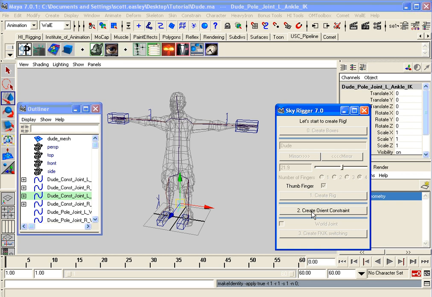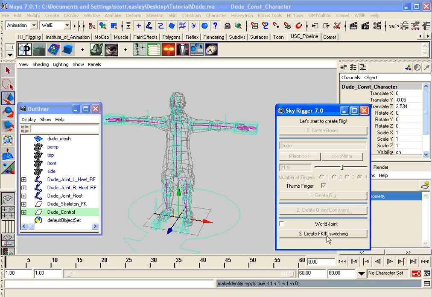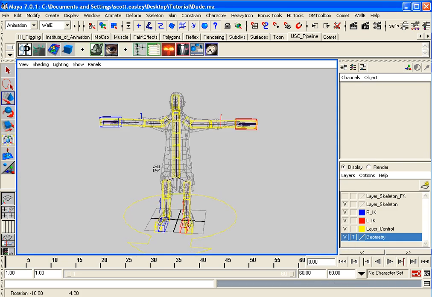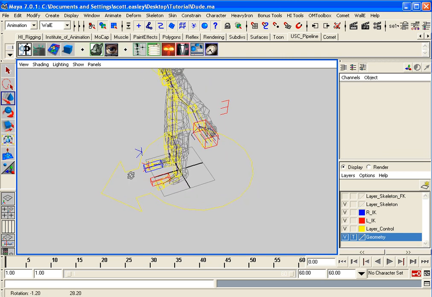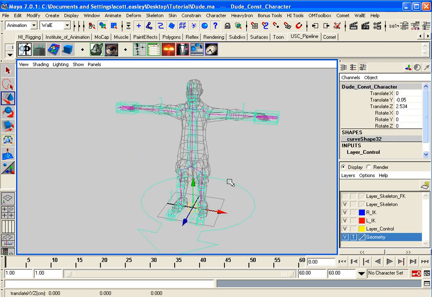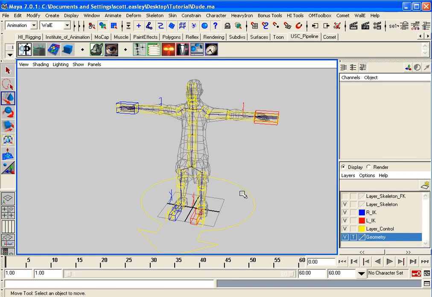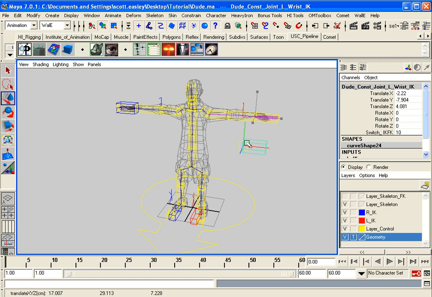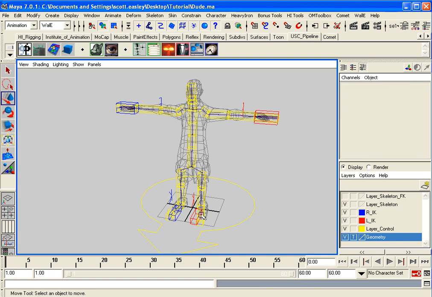Second step immediately afterwards, create the orient constraint. It's done that. And create the FK-IK switching. Boom, now we're done. This should pretty much approximate the character that you've built, and you've got your world constraint, and you've got your FK, IK constraints, so that when you move this down and you shuffle this back and forth, it'll appropriately match. I will be teaching you how to animate this in class. I don't want to include it in the tutorial, but I did want to give you a head start on